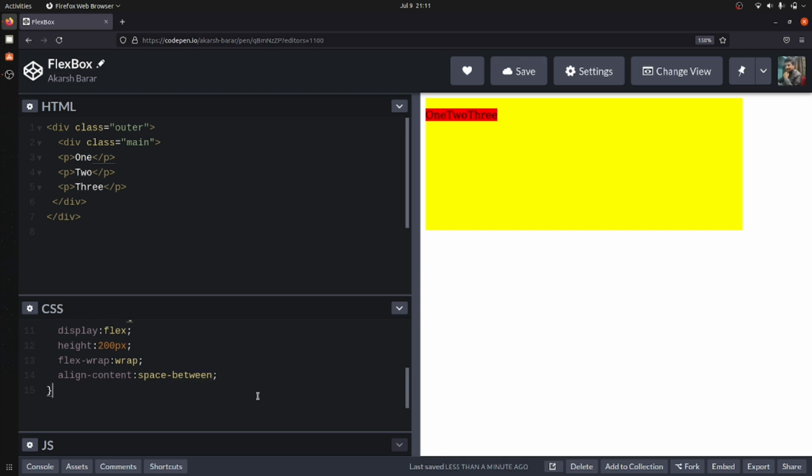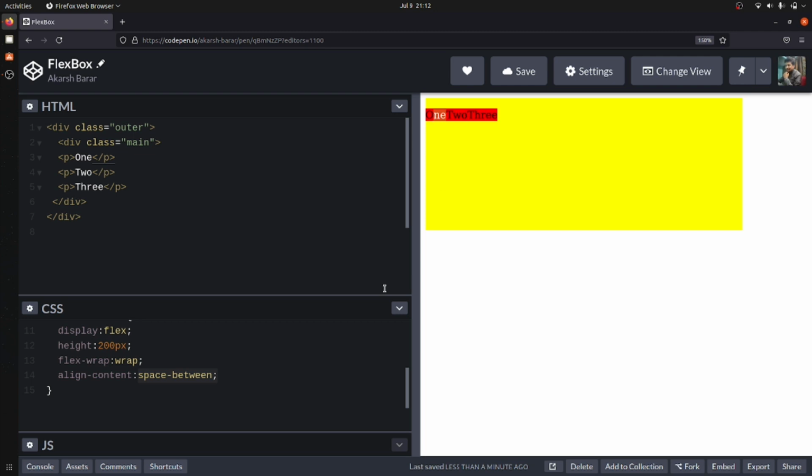Okay, leave it. I don't know why they are not doing it. I have display: flex, flex-wrap: wrap, space-between, and the spelling is also right. I don't know, but according to this code, there should be a space between 1, 2, and 3.